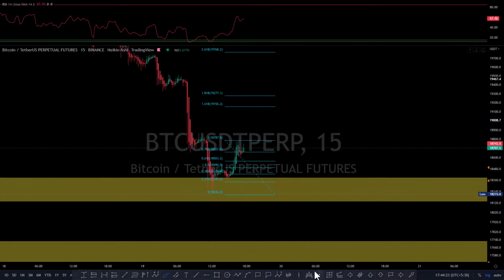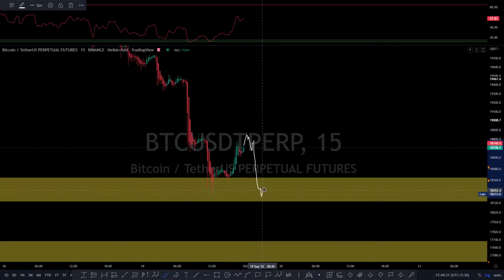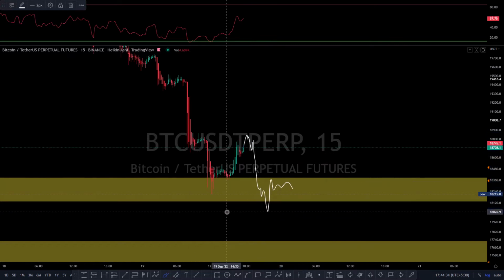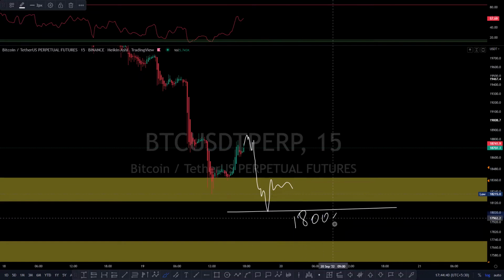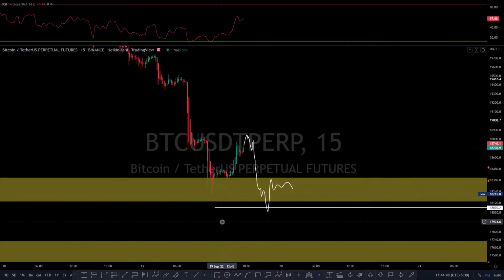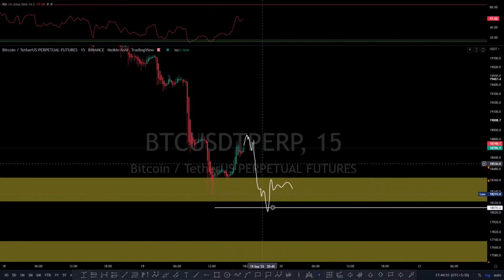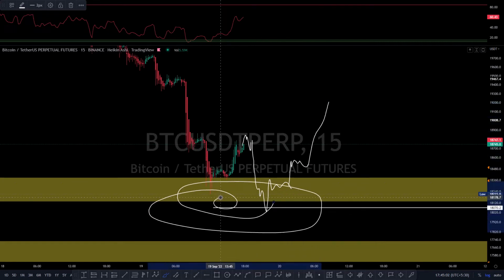My second scenario, however, which I like, the pattern which I like to trade or put in high margin over here, will be Bitcoin coming down, putting in a lower low, tapping the 18,000 area. Okay, why I say 18,000 area, there are a lot of reasons and logic behind it. Today is not the day to discuss that, but I would want the 18,000 area to be quite significant for Bitcoin. So if I see that we come and tap the 18,000 area, then there will be a lot of liquidity trap for the market to go up, and then we can plan to go up from there. Okay, so this is the trade I'm looking for Bitcoin.